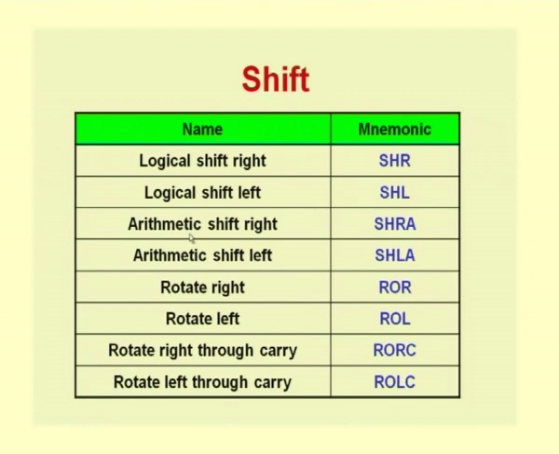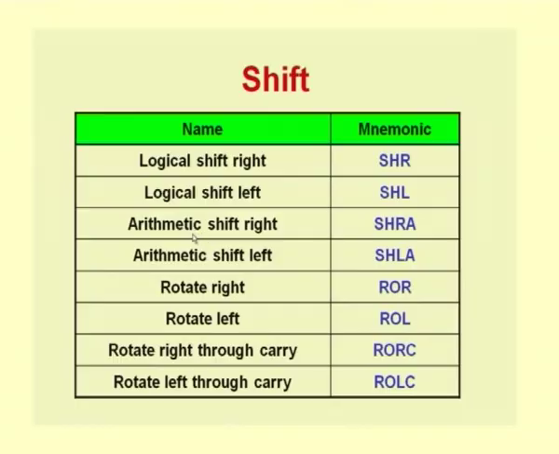When you do an arithmetic shift right or an arithmetic shift left, we treat the number as a signed number. So, when you do a shift right, if the number was a positive number, in which case the most significant bit would be 0, you would be filling in zeros when you shift it right. And if the most significant bit was a 1, which means it is a negative number, when you do a shift right, you will be filling in the left with 1s. The effect of this will be that you maintain the sign of the number when it is getting shifted.